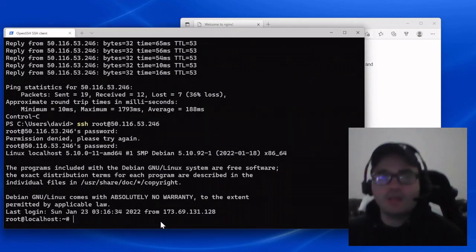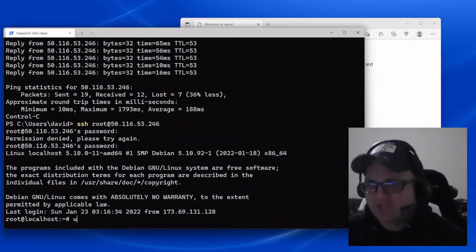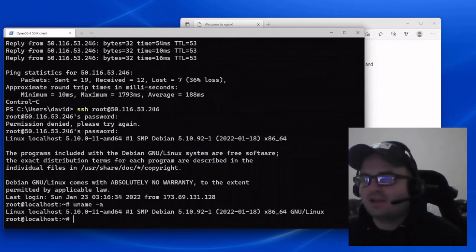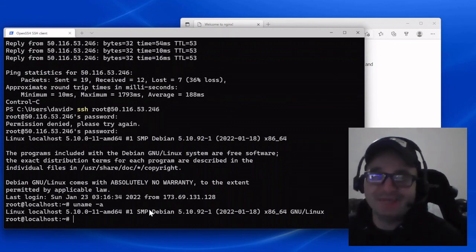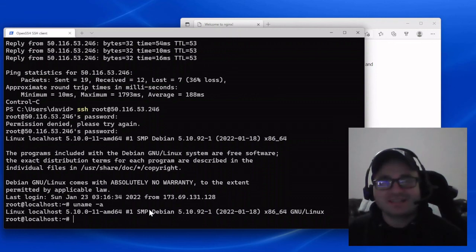Okay, we're back in, and just to double check that it actually changed the version, if I now run uname -a again, it'll say Debian 5.10, which is a lot better than the 4.19 we did have. So that's it. We just updated Debian 10 to Debian 11 by changing the configuration files in the apt folder